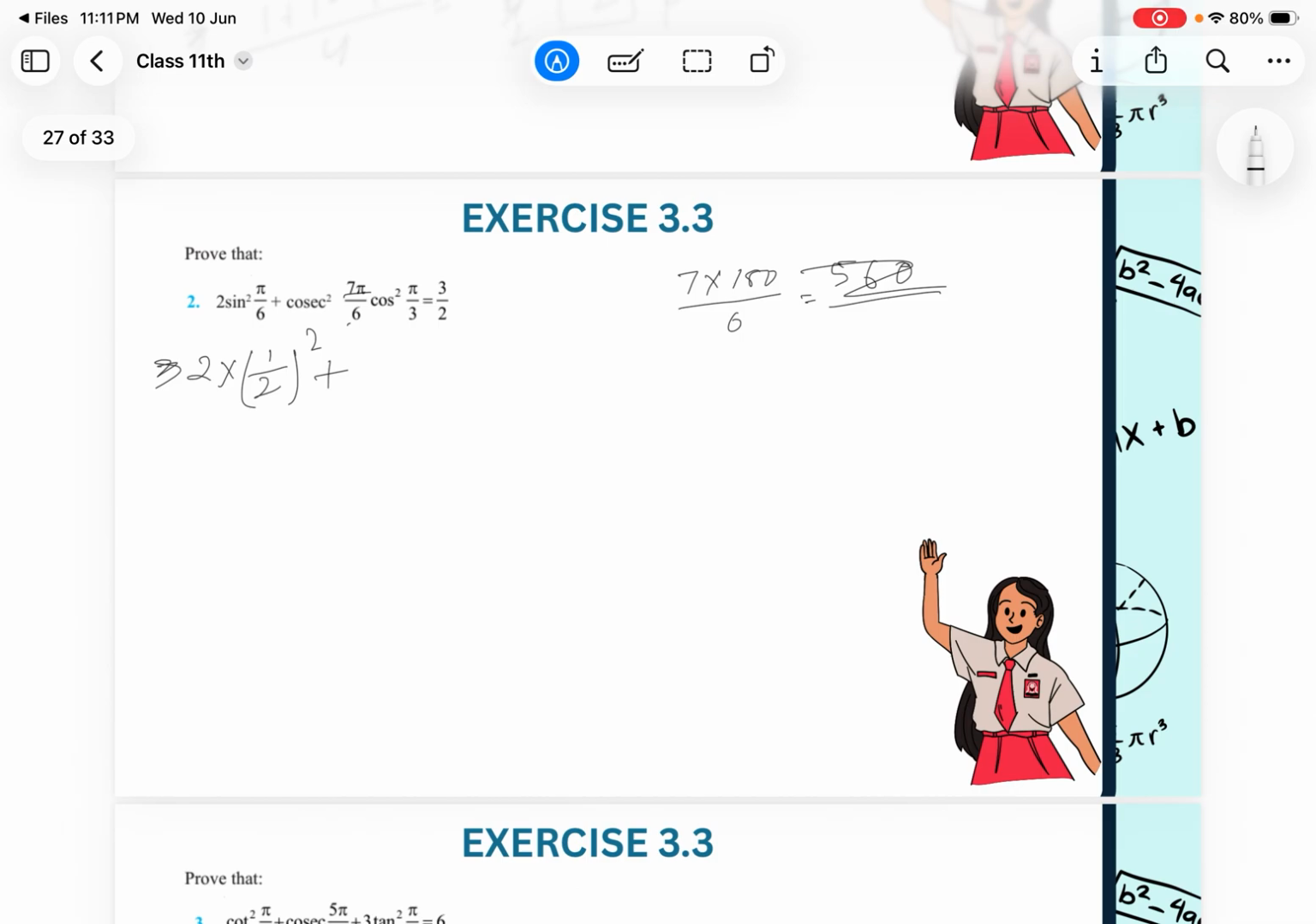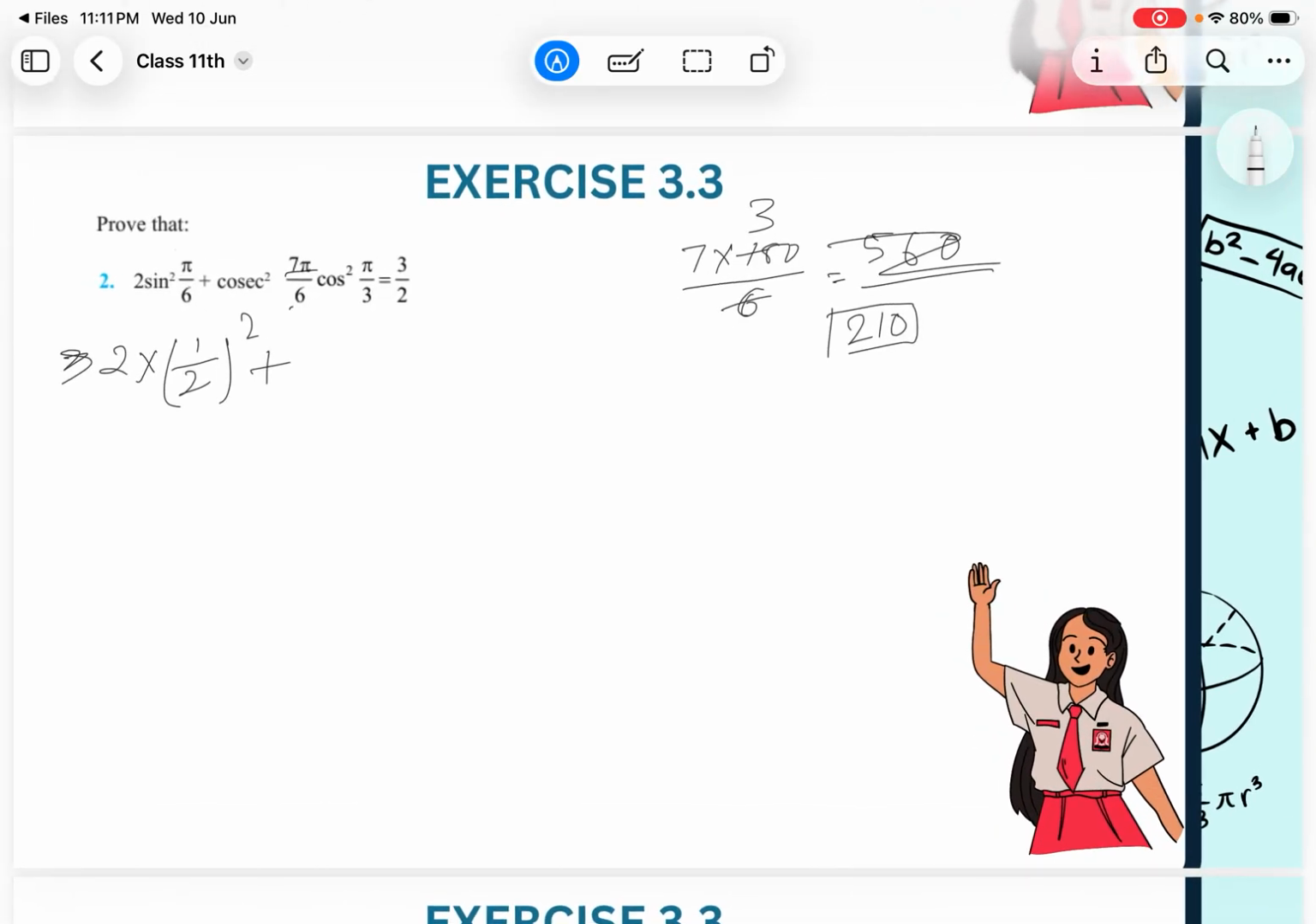No, it will be difficult. So 6 3 ja, and now we have 7 3 ja 21 0. So this is 210 degree, right? So we can write it like 210 degree. We have cosec 210 degree. So we can write this like